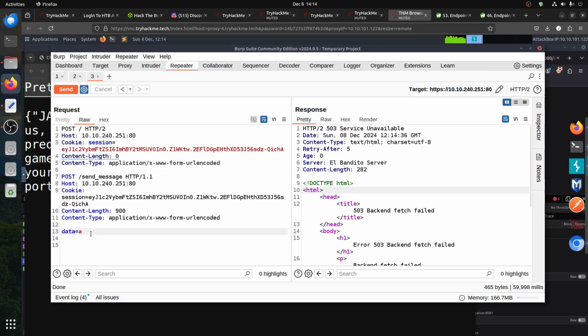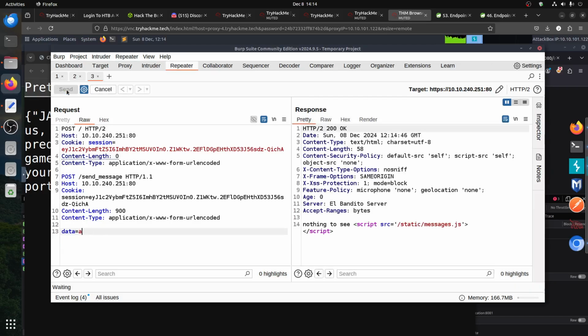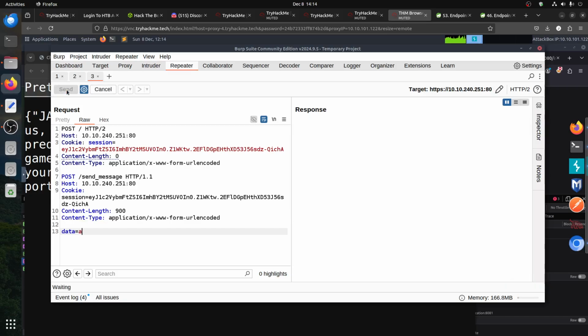Let me remove these 2 spaces. Because if I want the other request to come straight there, so do I need the spaces here or something? Content type, content length. I need a cookie for sending, that's it. So it's not like